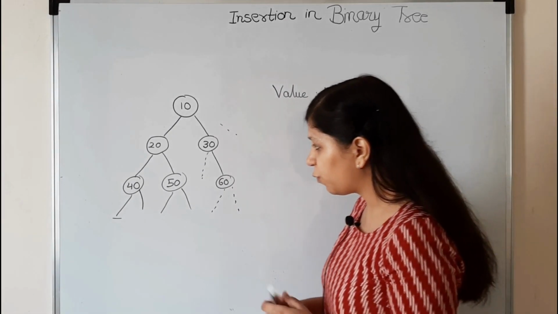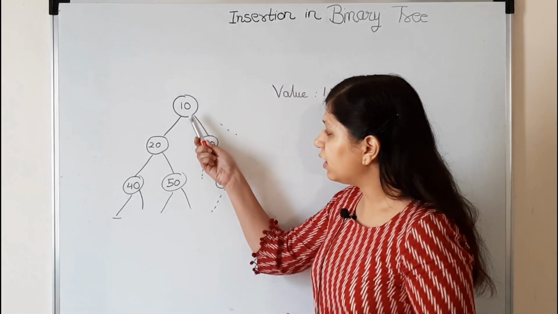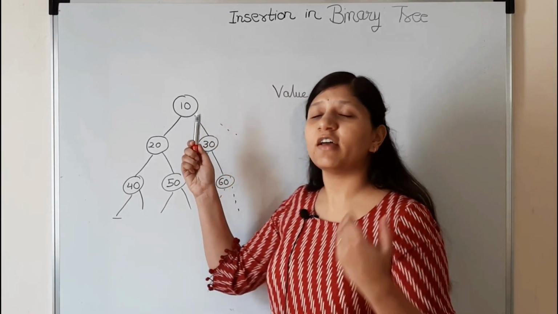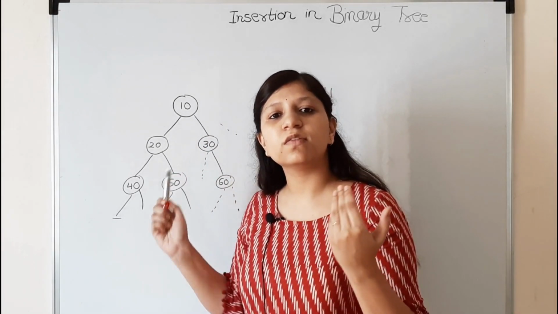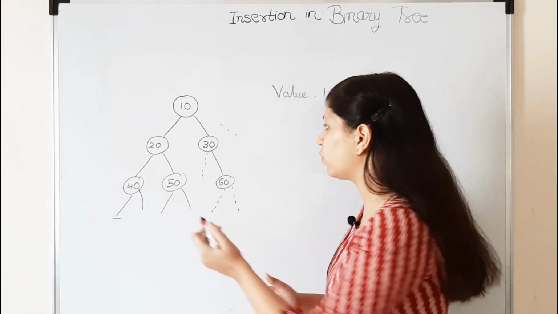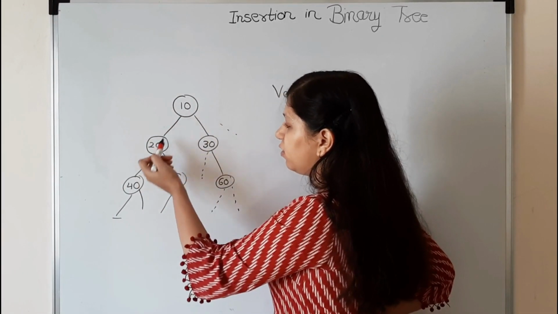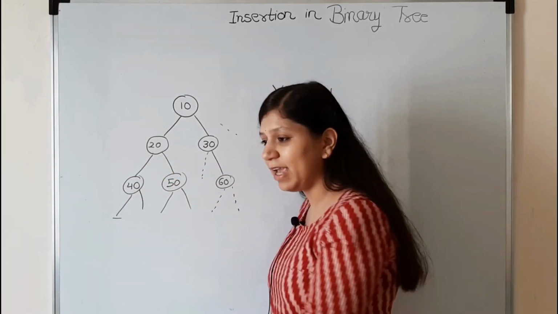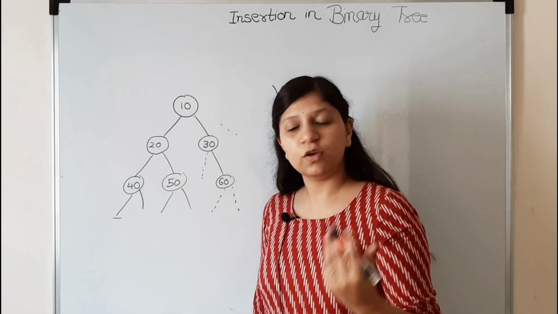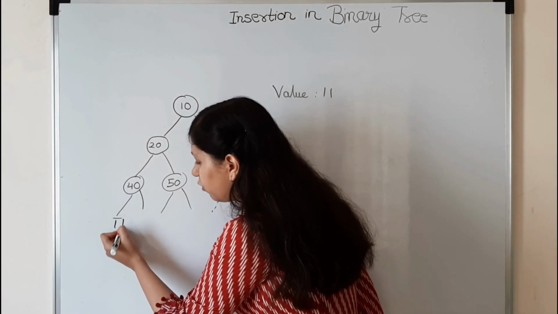So one possible logic you can think of, let's say whenever you are getting the request to insert a new node, you are always inserting it at the left side. So the most left, extreme left. So after 10, you have 20, you have 40, you can say anytime when I am getting a new node, I will insert after 40. So here we have 11.